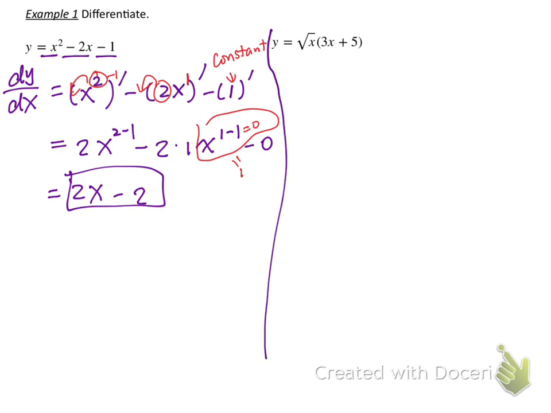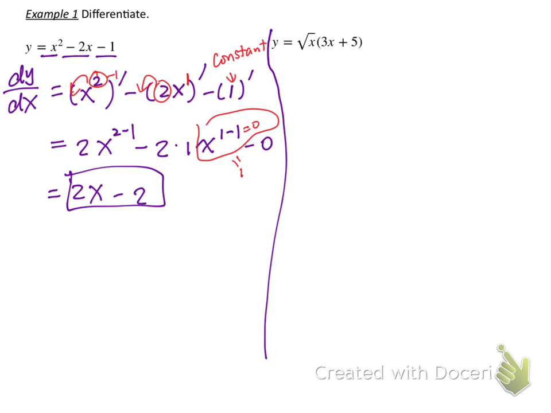The next example, y equals square root of x times 3x plus 5. Yes, of course, we can use product rule, but we don't have to. One of the things I will be trying to show you throughout my packets is if there's a way you can avoid the more complicated formula, we avoid them. For example, here,